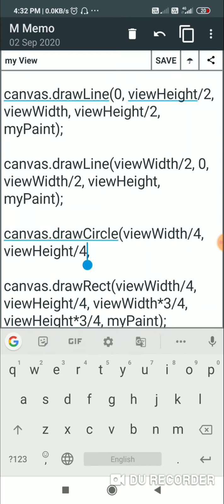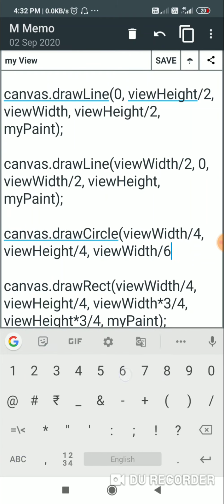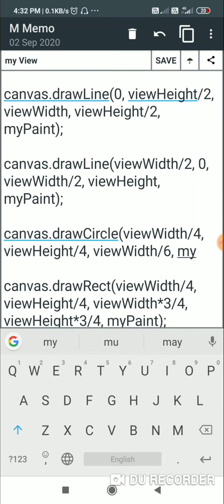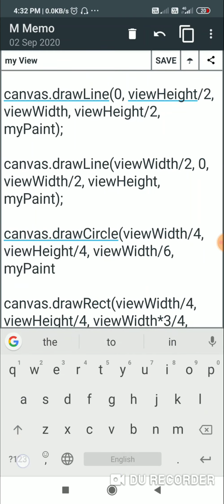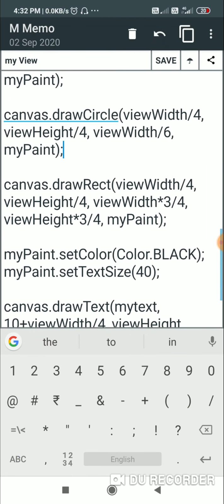The radius should be less than viewWidth divided by 4, so I will make it viewWidth divided by 6, comma, the paint which is used to draw the circle, which is myPaint. And that's all.